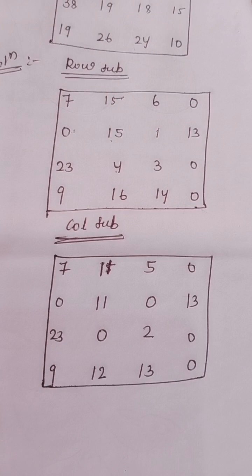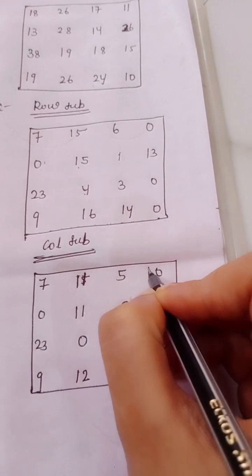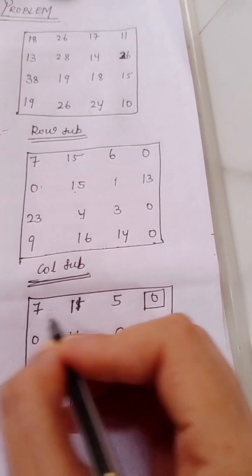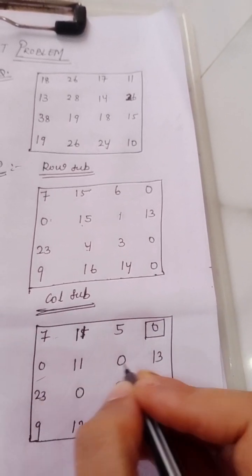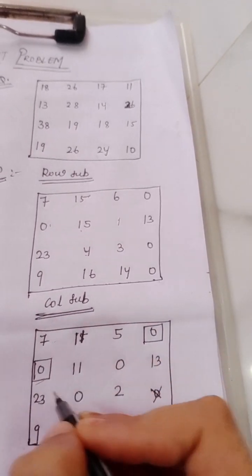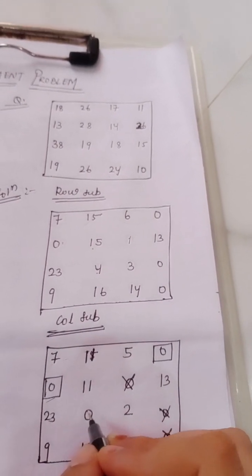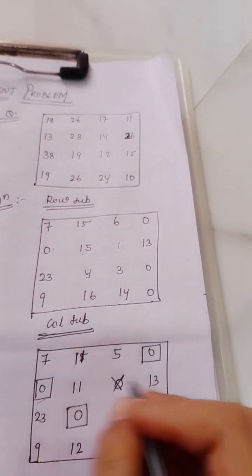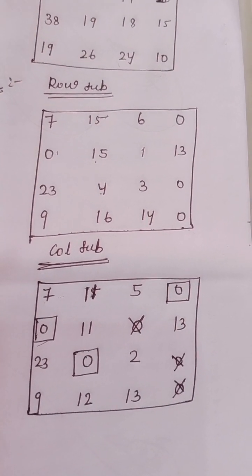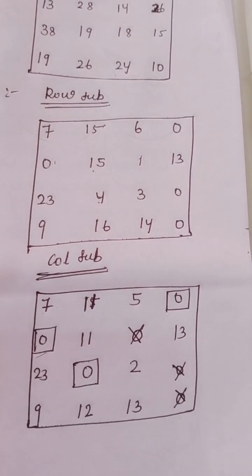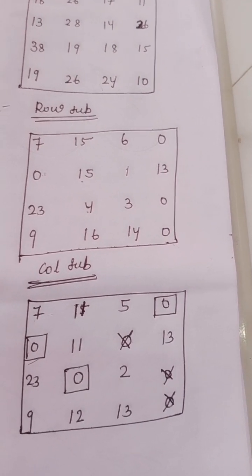So start assigning 0. First start with the first row. Here in the row there is no 0, and in the column there are 2 zeros. So cross it. Second row, there are 2 zeros. I will take this 0. Take any of the 0s. Okay, no problem. Here we'll cut this and here nothing. In the third row, this 0. And in the fourth row there is no 0. So in the above matrix, row 4 has no assignment and the column also has no assignment. So now what to do?